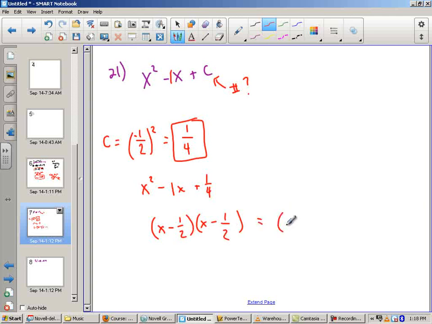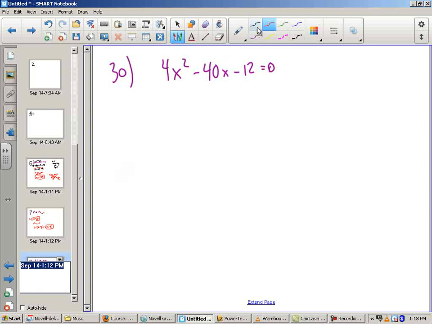And so the answer that we're looking for is (x minus 1/2) quantity squared. Most of the problems won't give you these fractions, which I know are a little bit harder to deal with. But the process is the same. Half of the middle, squared. Okay? This is our last number. The last one we're going to look at together, and then hopefully you guys will have enough to get going,